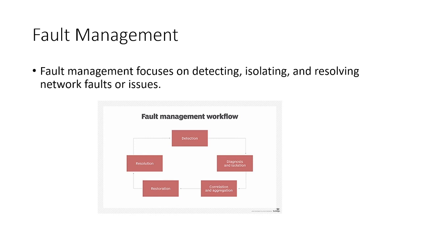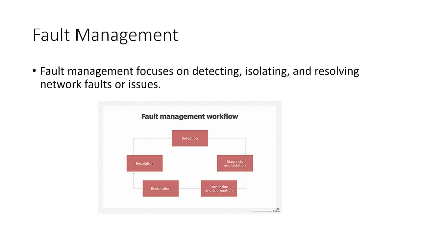2. Alarm generation. When a fault is detected, alarms or alerts are generated to notify network administrators. These alarms can be in the form of notifications, emails, or SNMP traps. 3. Alarm correlation. In larger networks, multiple alarms may be generated simultaneously. Alarm correlation techniques help in identifying the root cause of a problem by analyzing the relationships between different alarms and events. 4. Fault isolation. Once the fault is detected and correlated, network administrators need to isolate the problem to determine